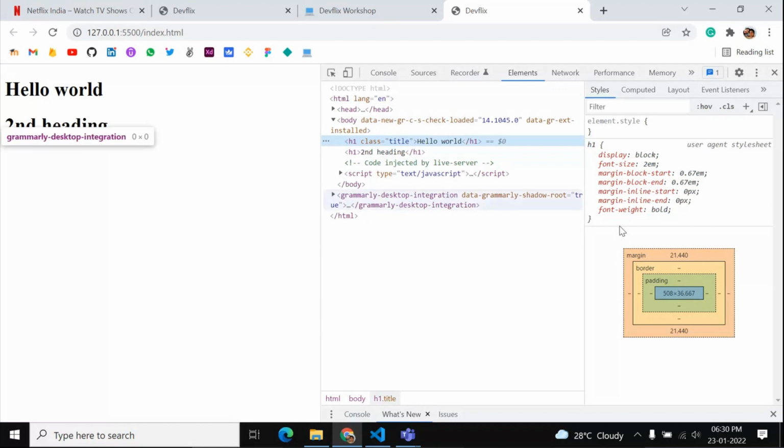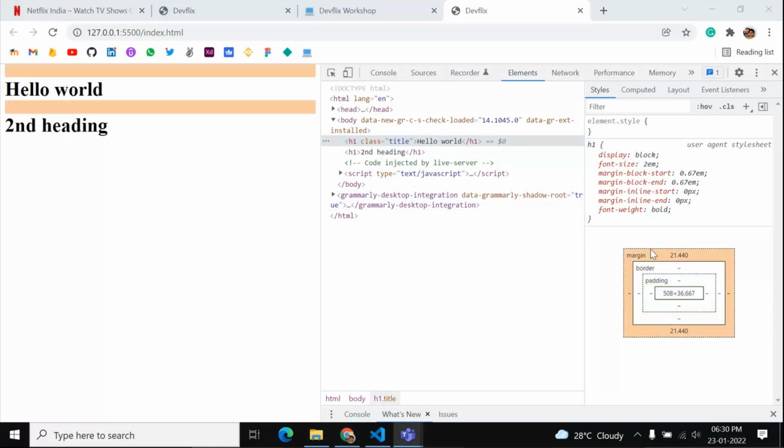Now what is margin? This orange region displays the margin for this element. So basically we use margin to add spacing outside the element. So we have a margin of some value here which is applied to the top and bottom of our hello world element. Now also there are many elements which have some default margin,